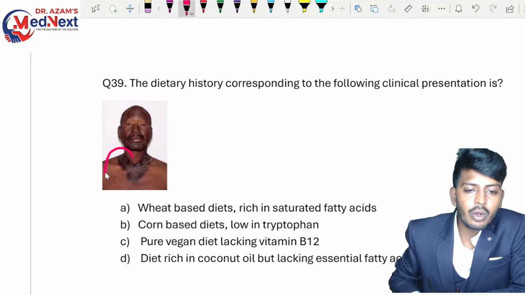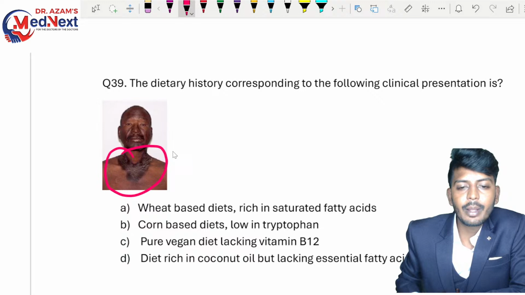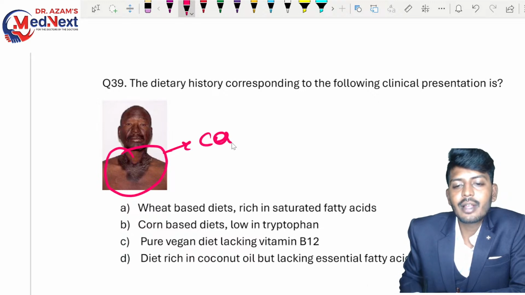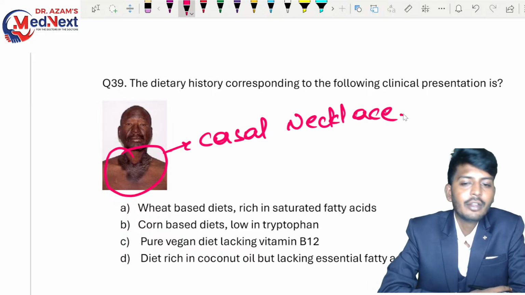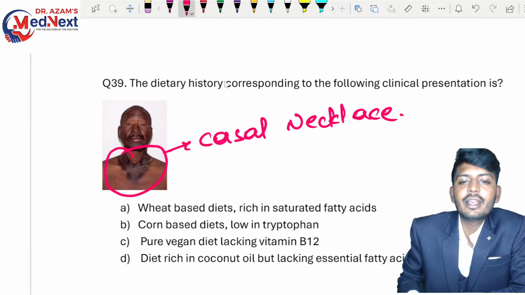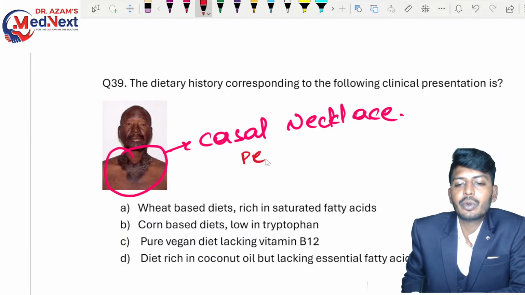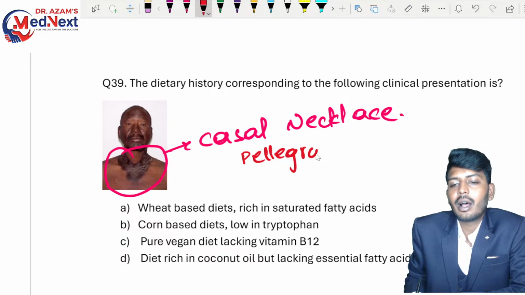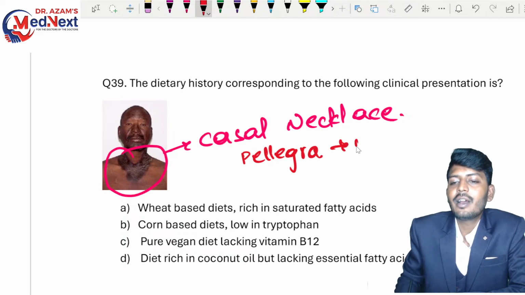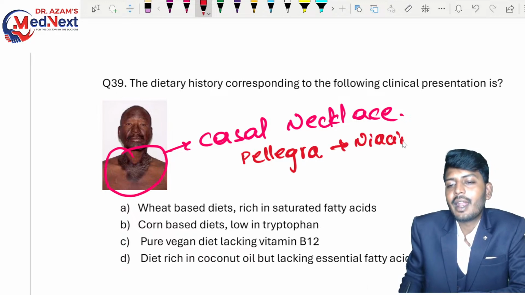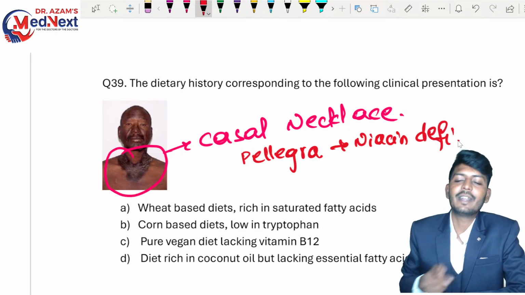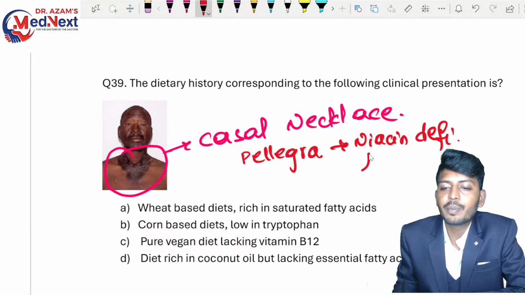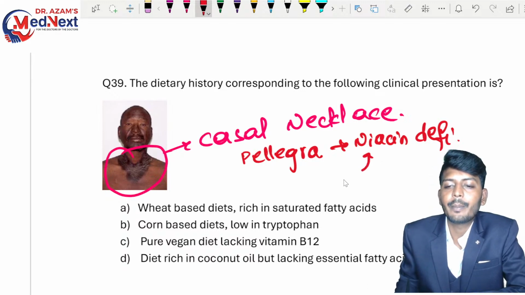So the patient is having a casal necklace. Casal necklace is due to which disease? Pellagra. Pellagra is due to deficiency of niacin. If niacin deficiency is there, then look carefully, niacin, that is B3, is produced from